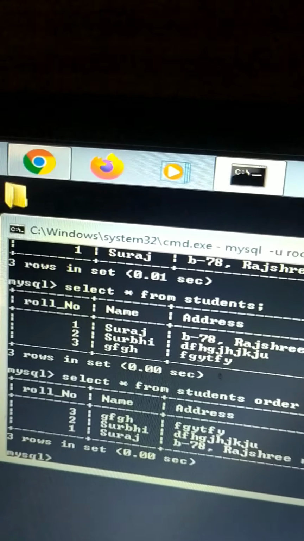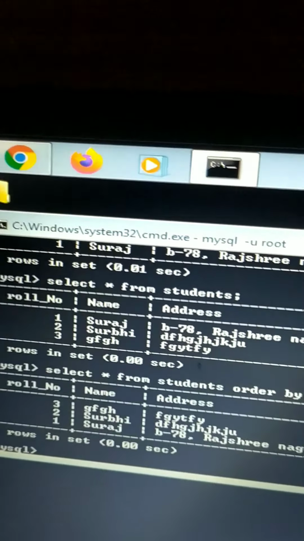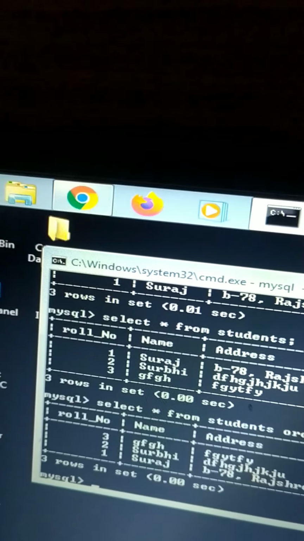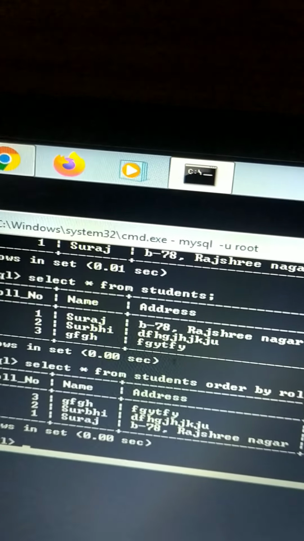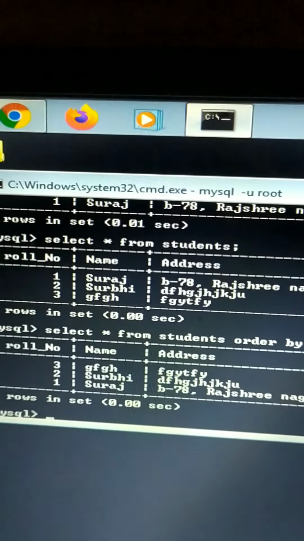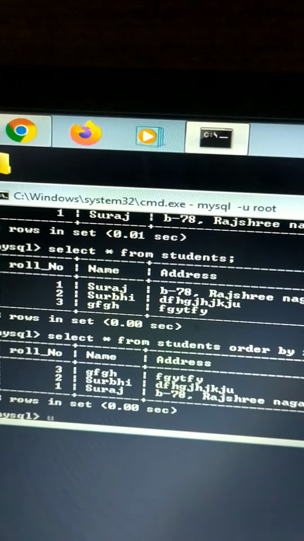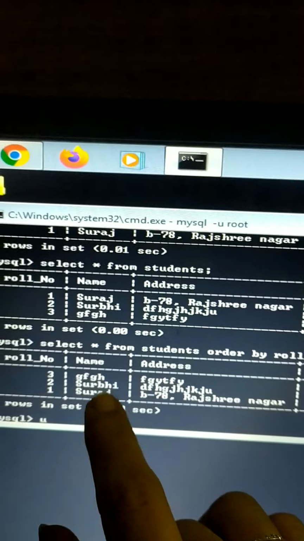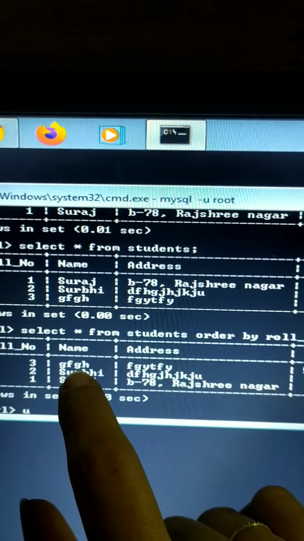So this is how we can change the order of the table. Now suppose we want to update a record. Now I want to change this roll number 3, I entered it wrong, so I want to change it. So how will we do that? We will use the update command. That is, we want to update the name of roll number 3.